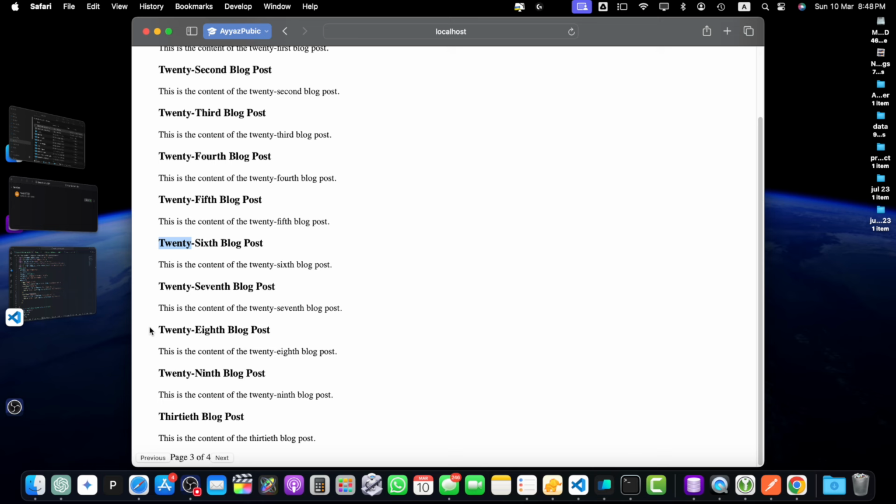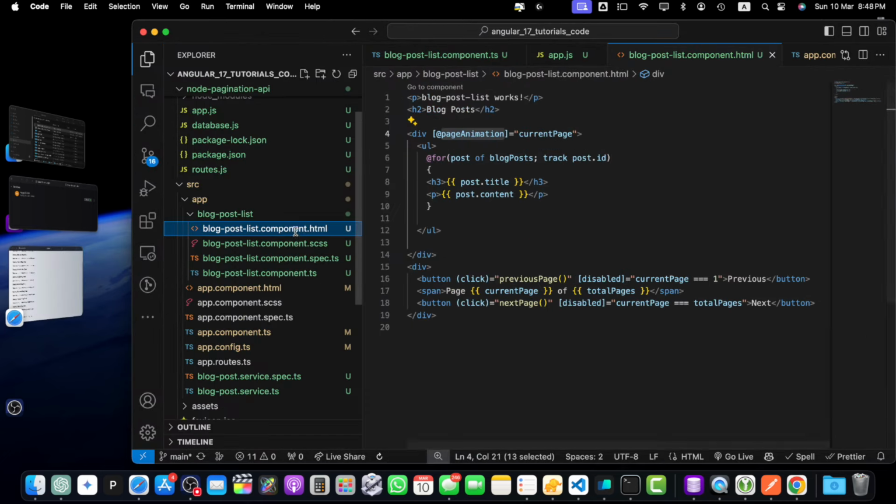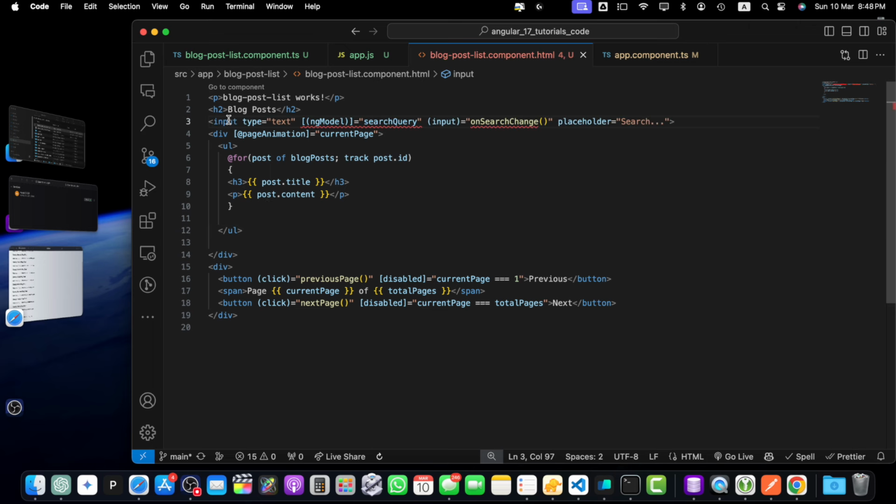Next, we will be adding the search or filtering functionality to allow users to search or filter the paginated data. You can add a search input field and update the API request to include the search query. So let's go to the HTML file of our component, and here on the top I will add this input,